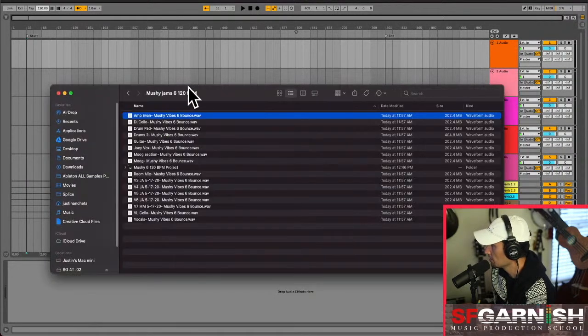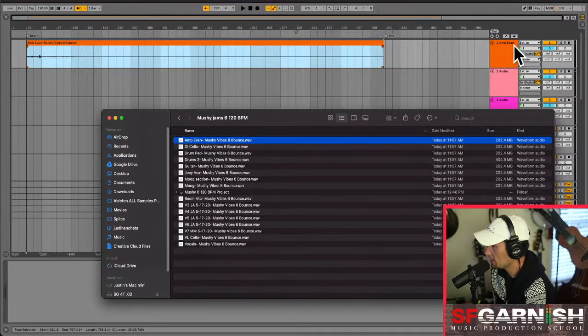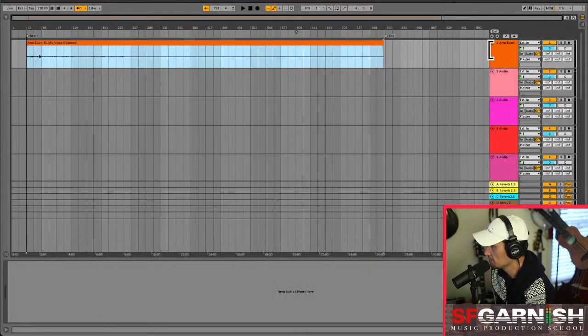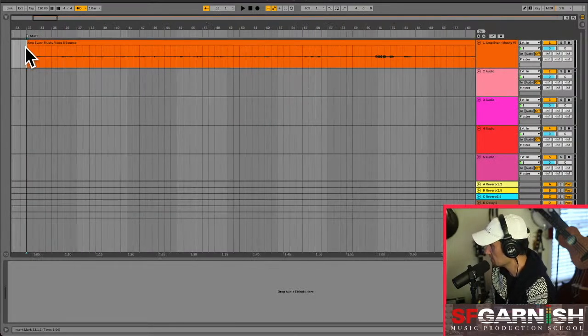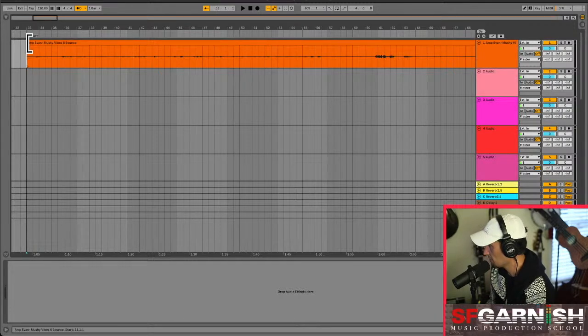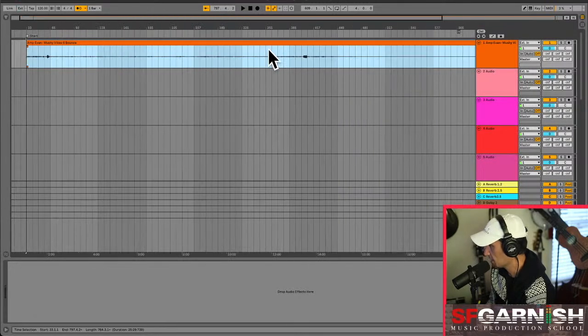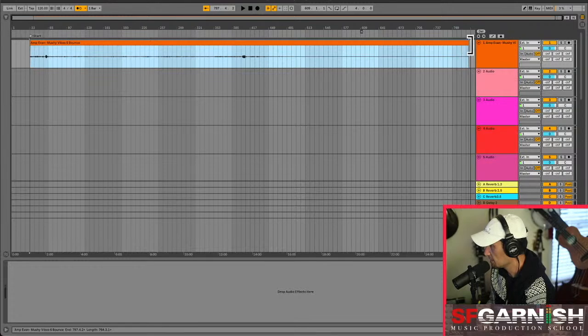We don't need this one open, just this one. And we're just going to go ahead and drop this in right there. Look at that right away. Our name of the file is that entire name, right? So this is the amp Evan file. Now, something that I've found in the previous versions is that sometimes it actually probably isn't just the warp mode. The very beginning of the file is kind of cut off. So we just want to extend that out and make sure that that's not cut off. And the end, the same thing. All right. So now we have